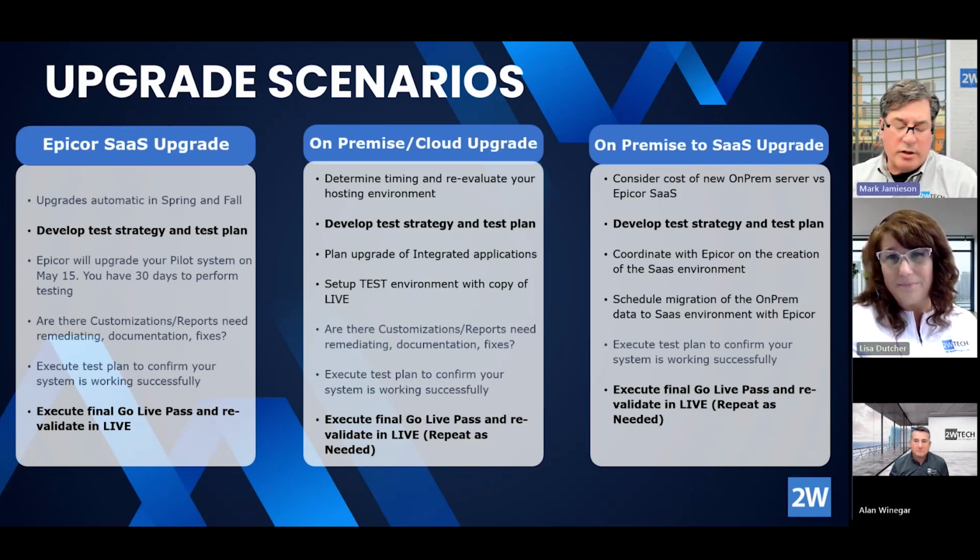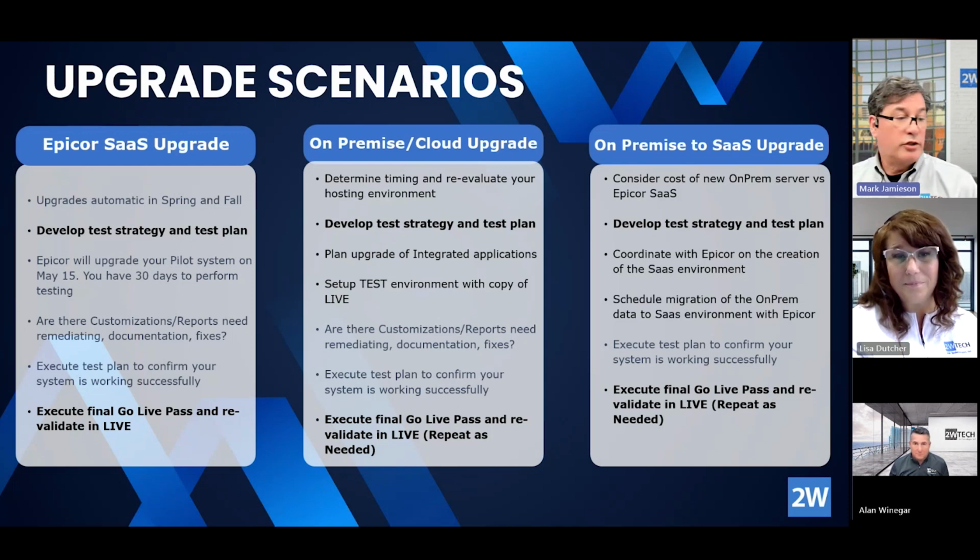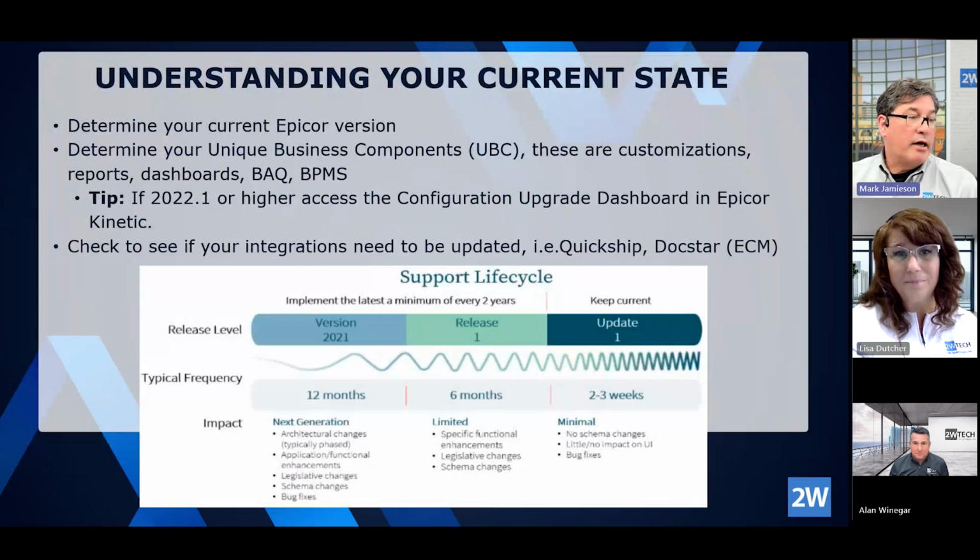Yeah, so Epicor is encouraging almost all of their clients to move to some sort of a cloud, right? Custom cloud or the Epicor cloud. I think the key to that is if you're on-prem, if you're on a piece of hardware that's sitting in the closet, you should probably move your Epicor system off of that, and moving to the Epicor cloud is a perfectly great reason to do it. All right, so